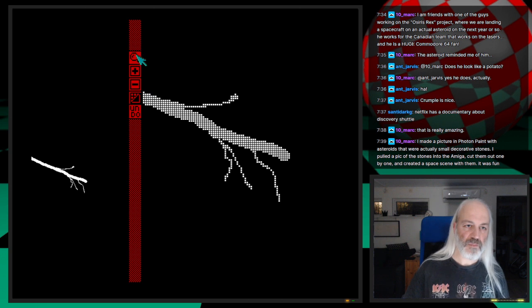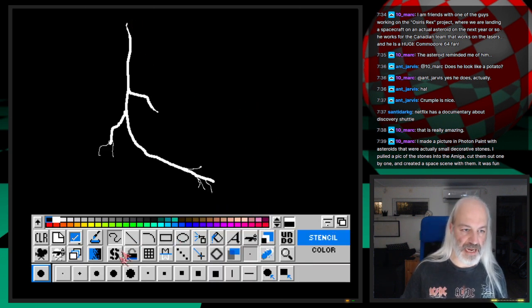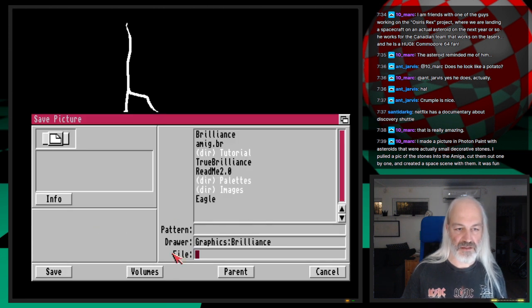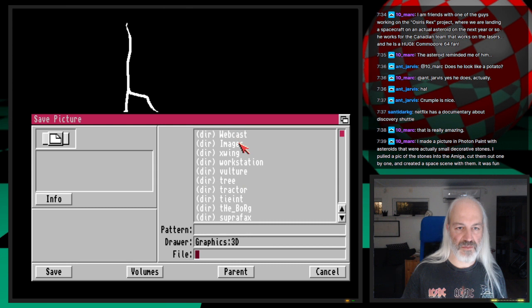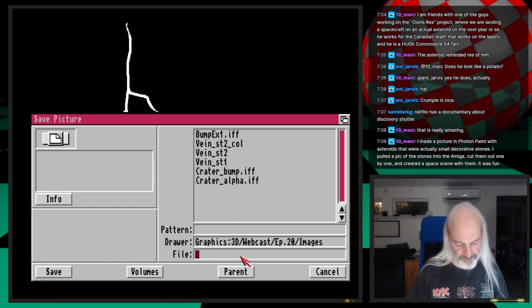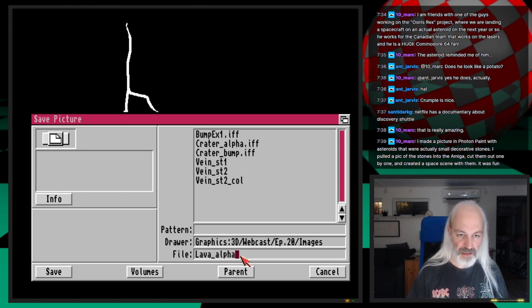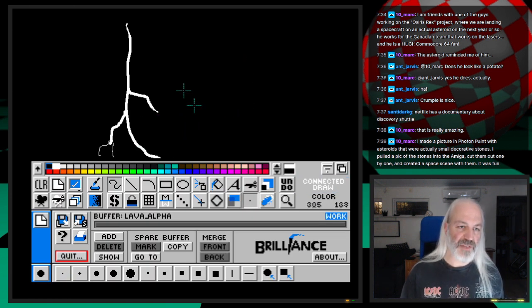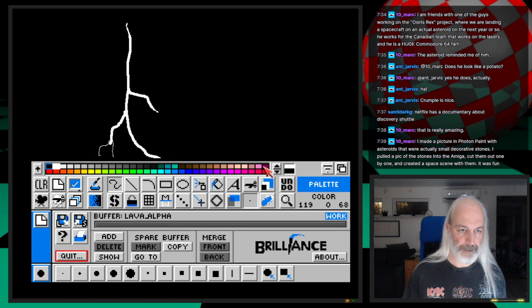There. So first of all, I'm saving that as an alpha layer. So save as 3D webcast episode 20 images and lava alpha, which is, yes. After we've done that, now we can change the color of my lava river and say,